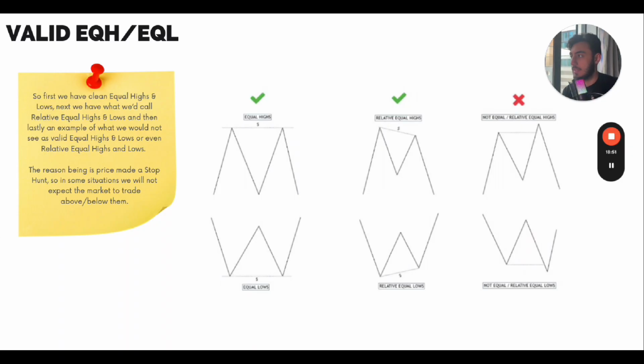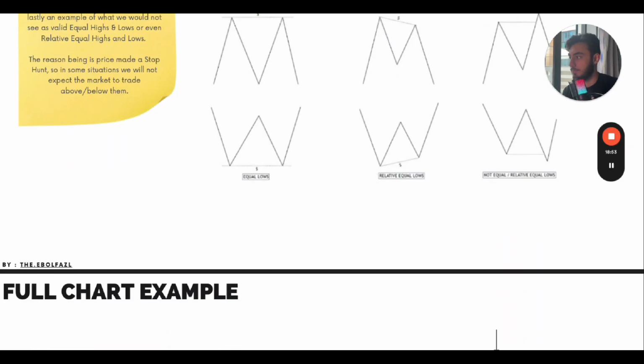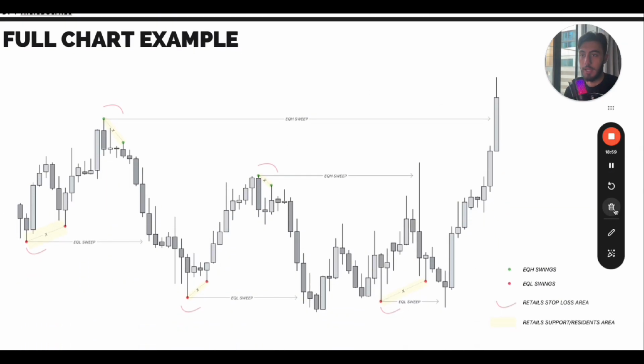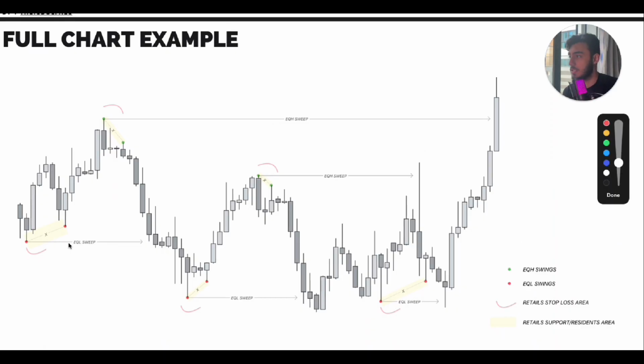So let's dive into some examples. There we go. This is a full chart example, okay? So I'm going to explain some of them, and I want you to, again, just pause the video and pay attention to this. So first, let's start with this. What we can see, this is the equal low. So the retail trader thinks, okay, this line is going to be the support area for them, because the first one mitigated, the second one mitigated, and these are respecting, and these are equal lows. These are relative equal lows. The first mitigation is lower than the second mitigation in the equal low.